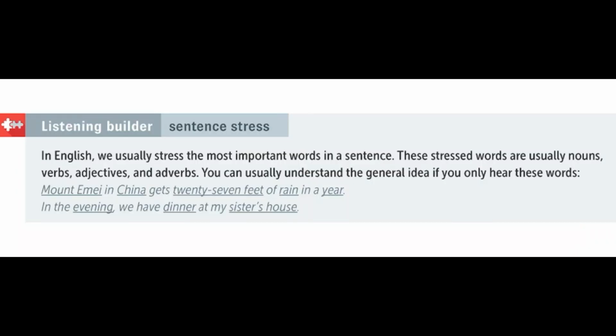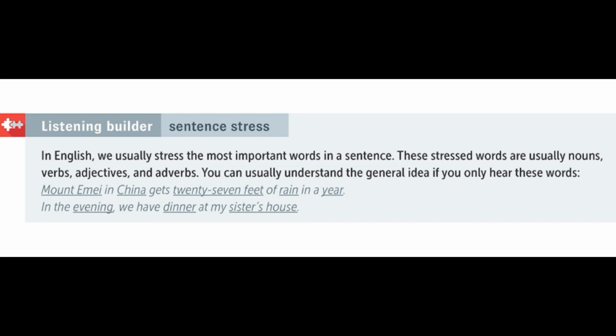Pay attention to the listening builder. We are still talking about sentence stress. So in English, we usually stress the most important words in a sentence. These stressed words are usually nouns, verbs, adjectives, and adverbs. You can usually understand the general idea if you only hear these words. Example: